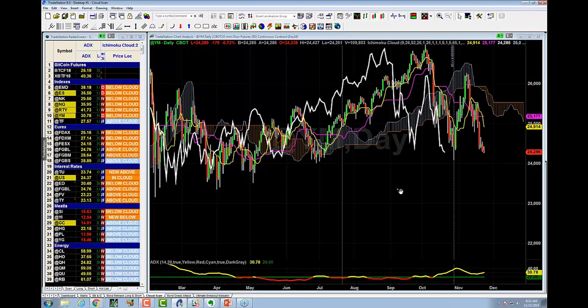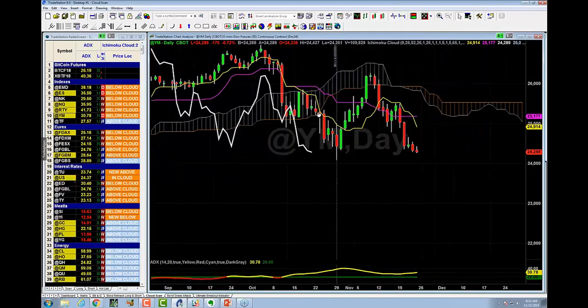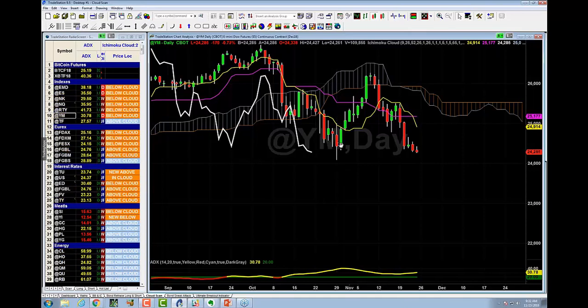Now check this out. I know you're going to say this looks too easy. Notice how this broke 1, 2, 3 days below the cloud. All right, 3 days below the cloud. And then it went back above the turning line, went back to the standard line. Notice how the belly of the beast held it, overhead resistance, and then it broke, and now it's going lower. It is a super easy strategy to keep yourself on the right side of the prevailing trend until it shifts.